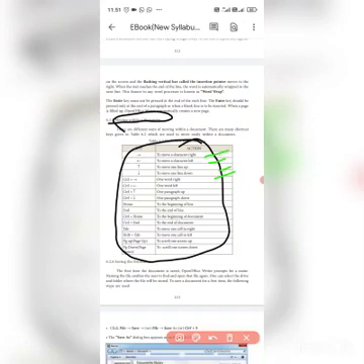I want to move one word. See here, this document has many words on the screen and the flashing vertical bar is there.